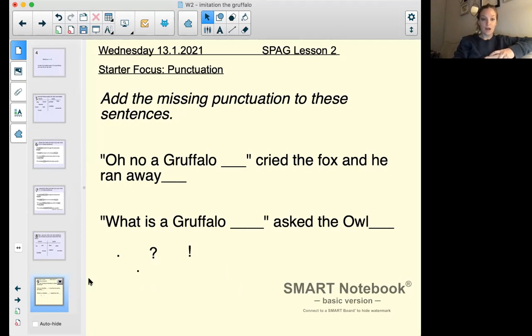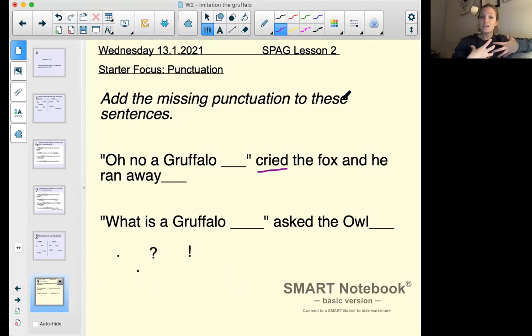So sentence number one. "Oh no, a Gruffalo!" cried the fox, and he ran away. "Oh no, a Gruffalo!" cried the fox. So that big clue, remember last week we talked about looking at how the speaker is saying it, if it's speech, because if they're shouting, then,